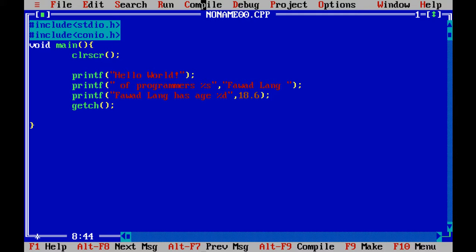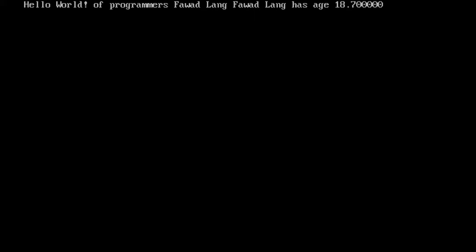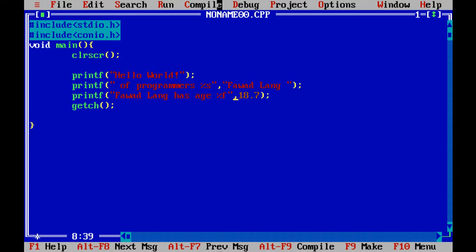It is printed because we broke the rule, since this is not the way to print a float value. If we want to print a float value like 18.6 or 18.7, we have to use the format specifier percentage f. If we compile and run it, you can see 18.7. We'll cover more ahead. So this was getting the printf concept cleared completely.